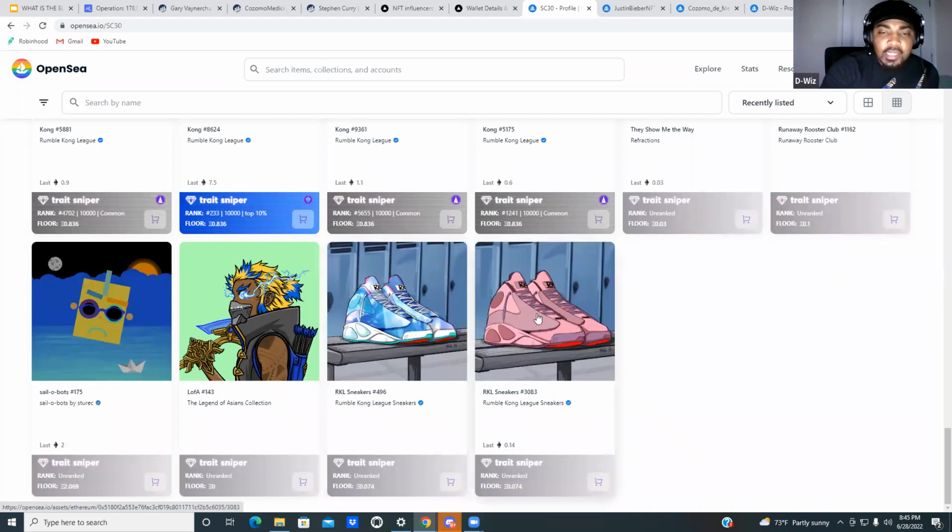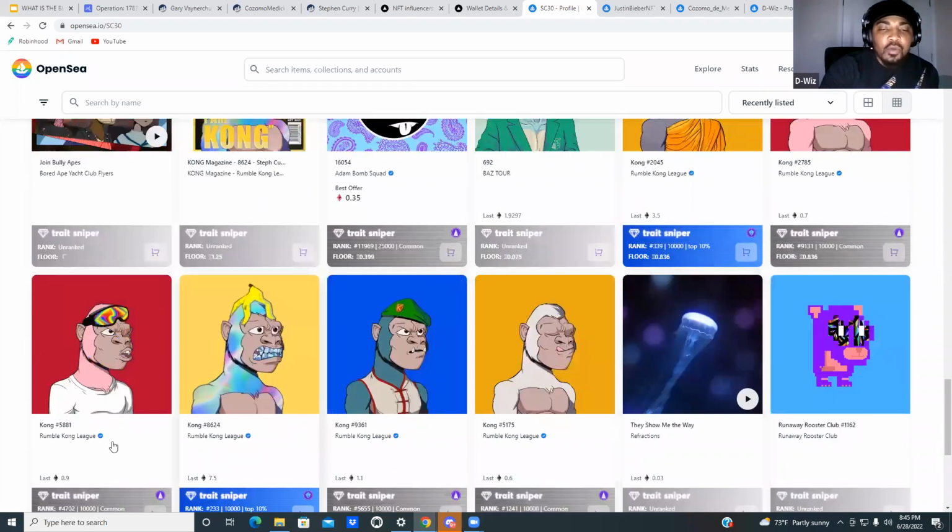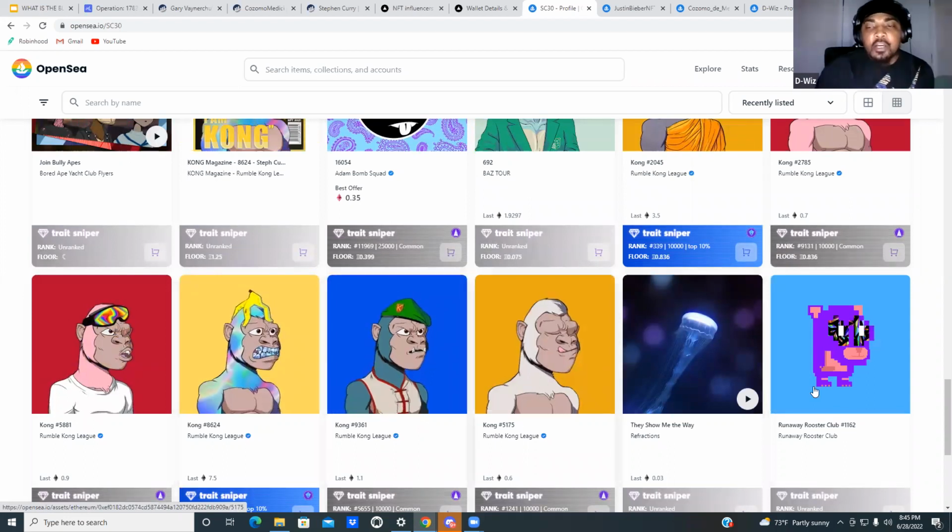Them look like some 9s. I think they 9s. Some fake knockoff 9s. But I had never heard of this Rumble Kong League. I'm gonna look into these because I've never heard those. But yeah,